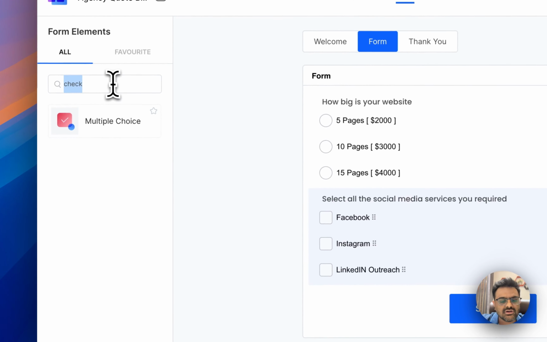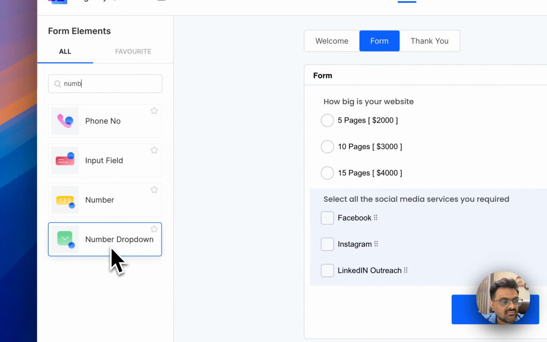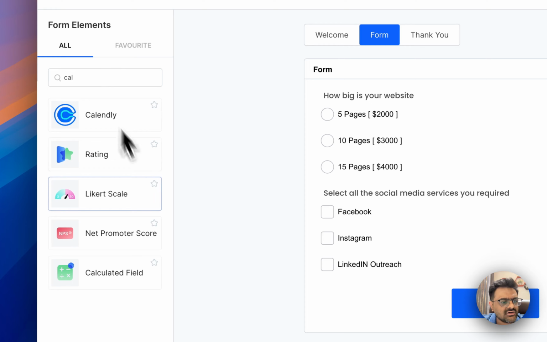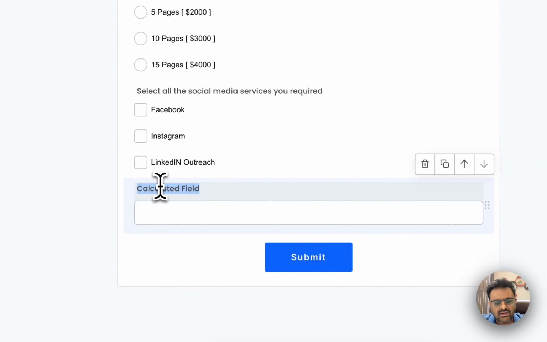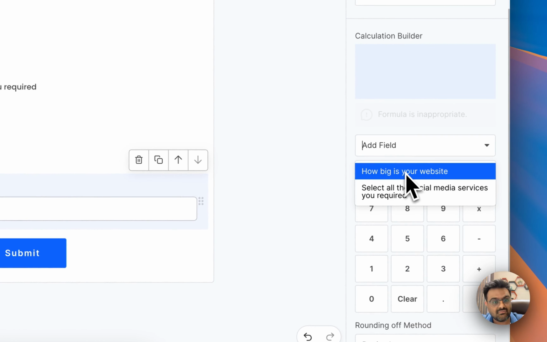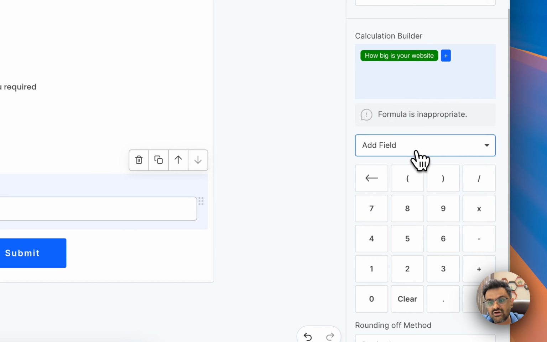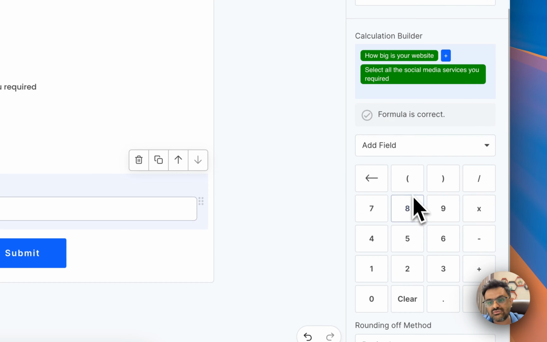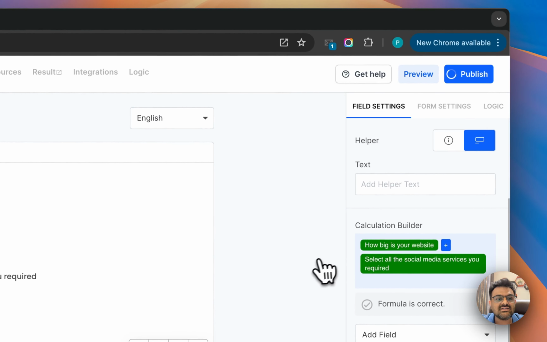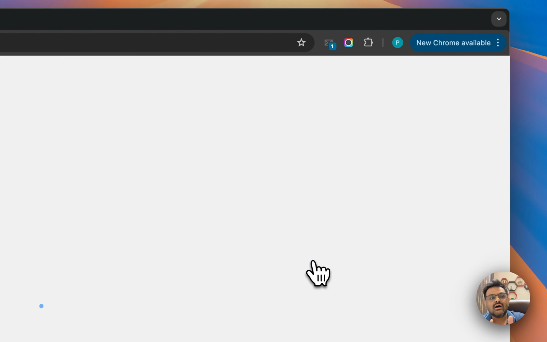Now we will select a number field, or else let's not do that. Let's create a calculated field, and here we would say total. And what we will do now is add the website cost plus the social media services cost. So now we will publish this form, and we will see in real time how this actually